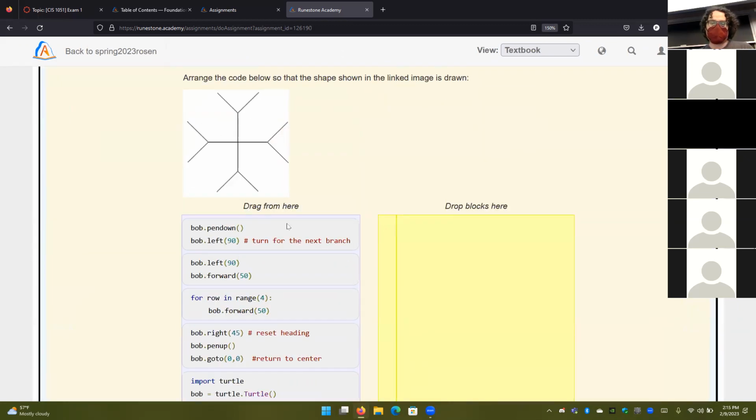This one over here is actually a question I've asked on exams prior to COVID as well. So this is an actual exam question, except I didn't give the code for that one, where I simply said, give me code that generates this image. Or I've done the reverse, where I've said, here's some code, please draw the image that appears.